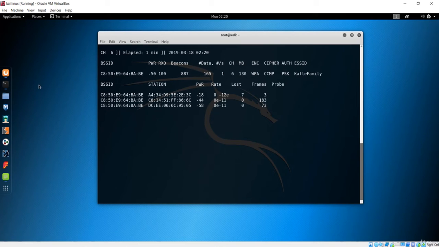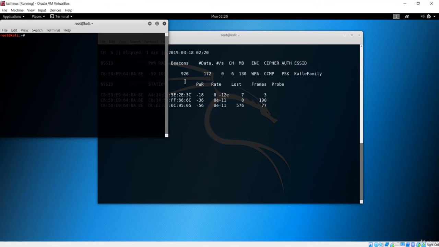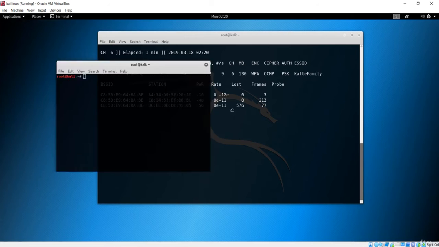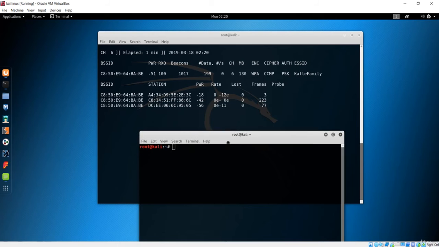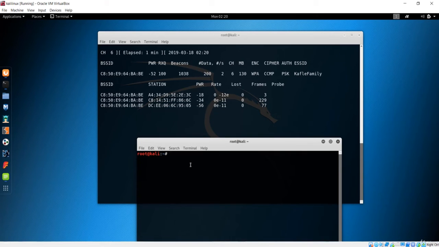So first of all, we have to de-auth. Let me open a new terminal, because we can't do it over here. This is going to do its tasks, and now we have to de-auth. De-auth basically means we disconnect the device from the network for some time. We'll use any of these devices that are here, the client or a station, and we'll de-auth it for some time, and we'll get the handshake.